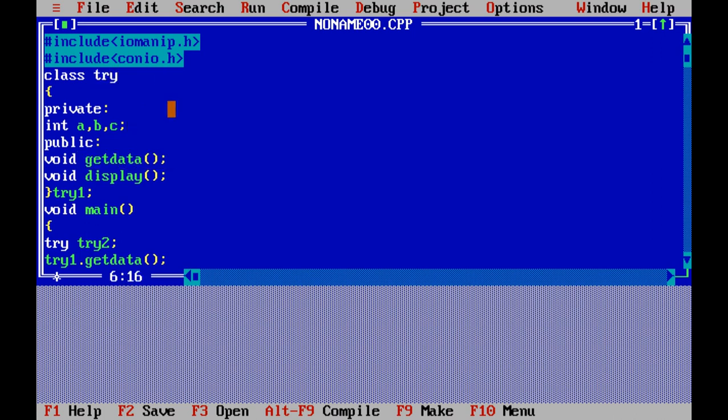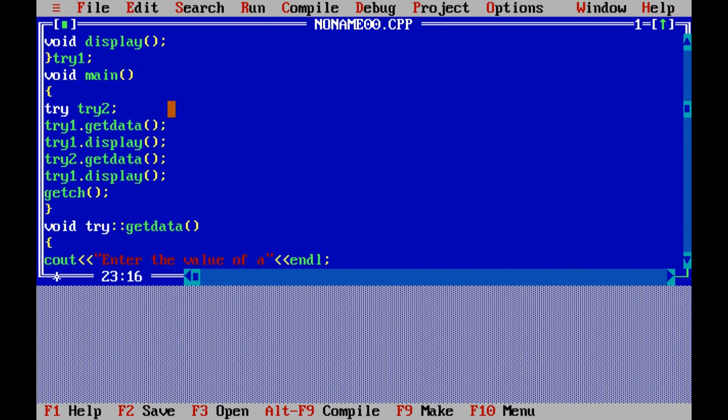If I use my keyboard and give 79, it waits for 79 and fetches it as a. Okay, then "enter the value of b" is printed and it goes to the next line, waiting for b. Okay, here the getData function ends.